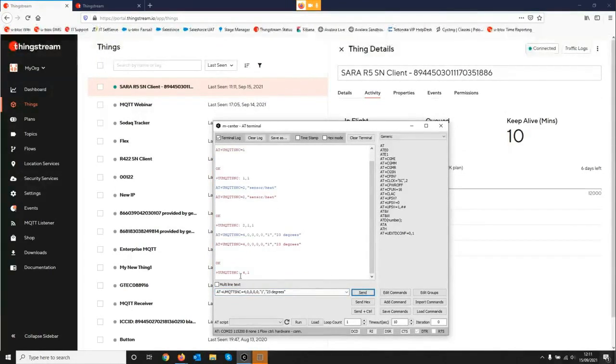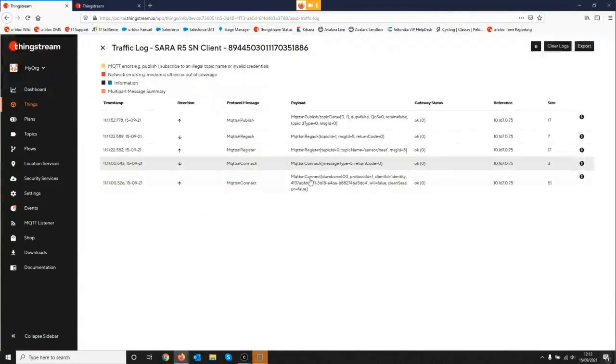Send that through. That's published into the platform now with a quality of service of 0. And that message is now being received on the platform. And if I look in my traffic logs here, I can see the messages that have been exchanged with the broker. So here's my connect, an acknowledgement back, a register of the topic, an acknowledgement back with that ID, and